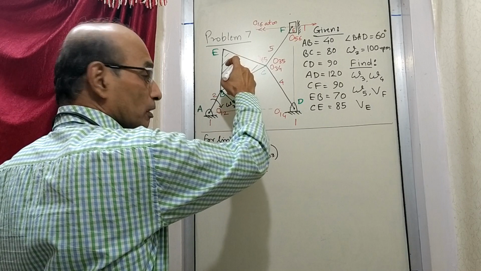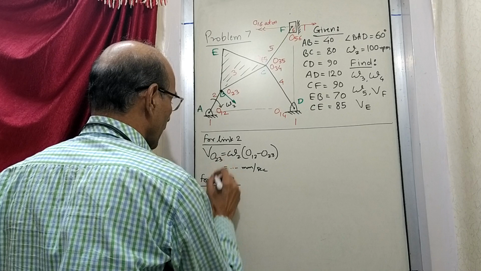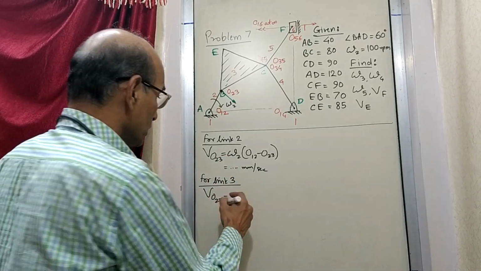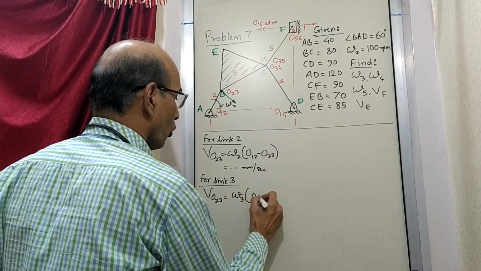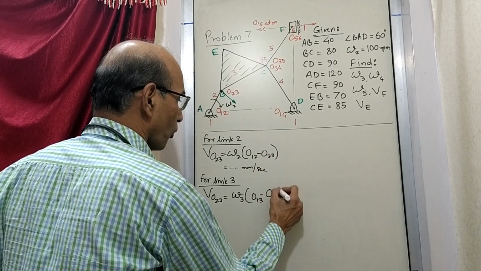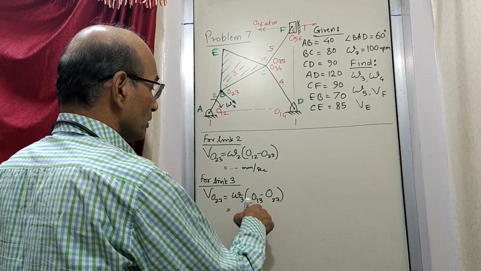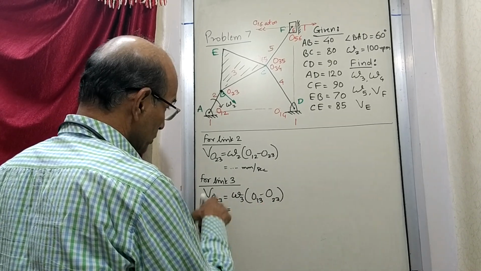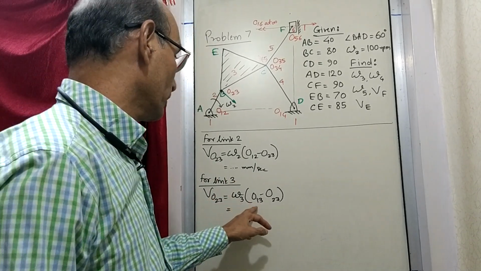Now 23 is a point on link number 3 also. So for link 3, we will write the velocity of the same point, but now as if on link number 3. So it is omega 3 and the distance from O13 this time. This was 1,2, now it is 1,3 to O23, that is the point itself. Now you will find here omega 3 is not known. O13 also is not known, but we can find out O13 so that this will be known. This is already known here, so that omega 3 you can find out. So the next job is to find out where O13 is.